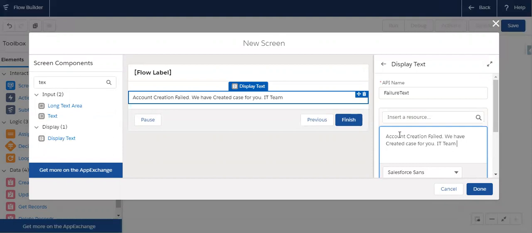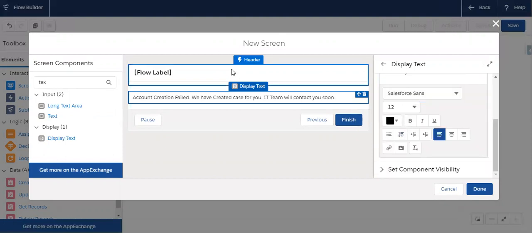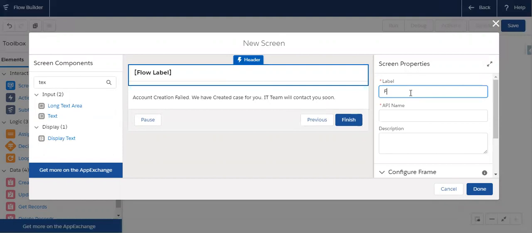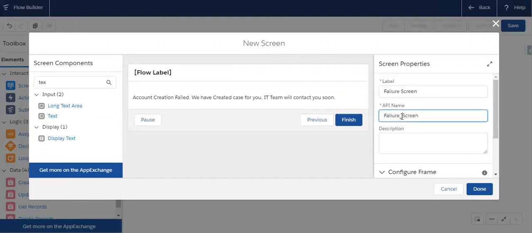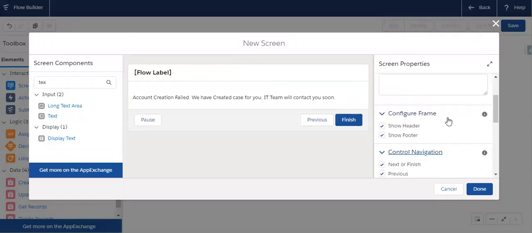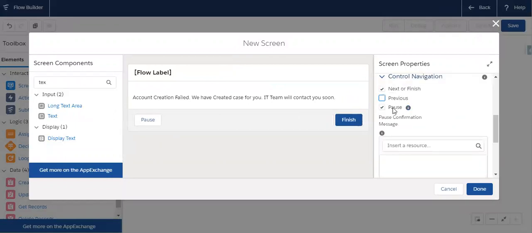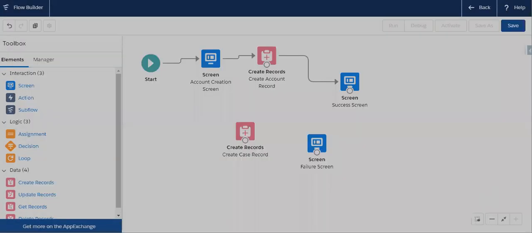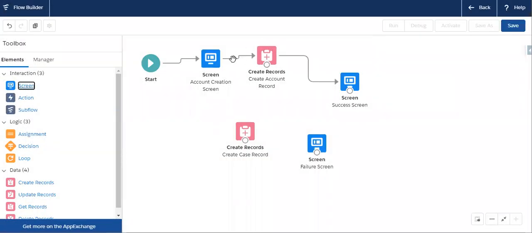IT team will contact you. Okay, let's change the screen label to failure screen. Let's remove the navigation for the previous and pause. Let's click done.